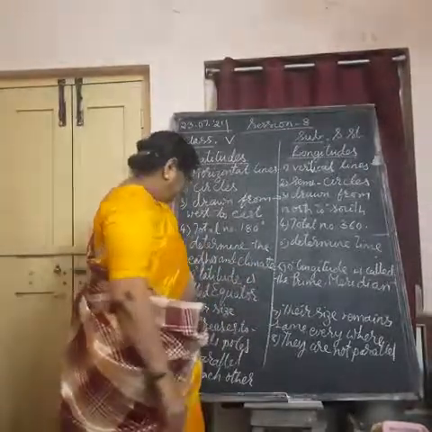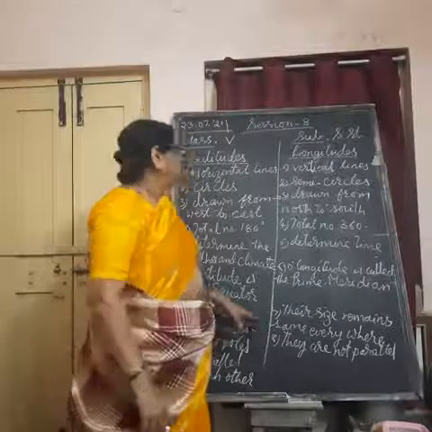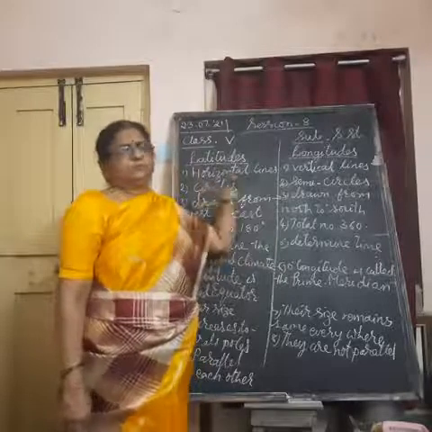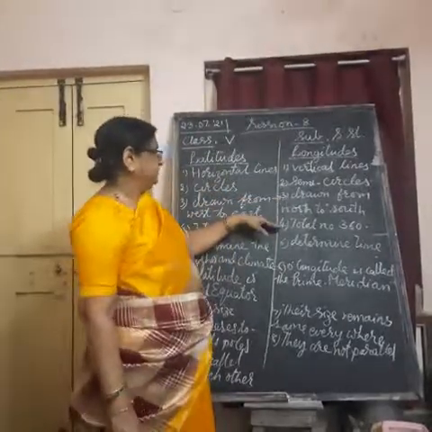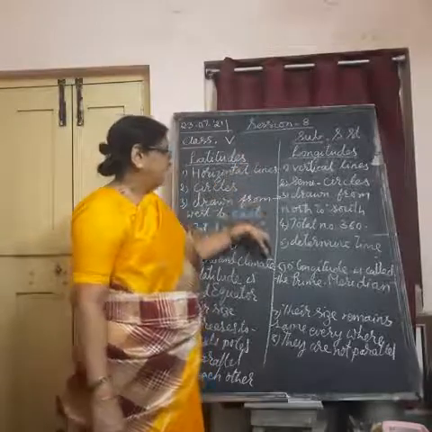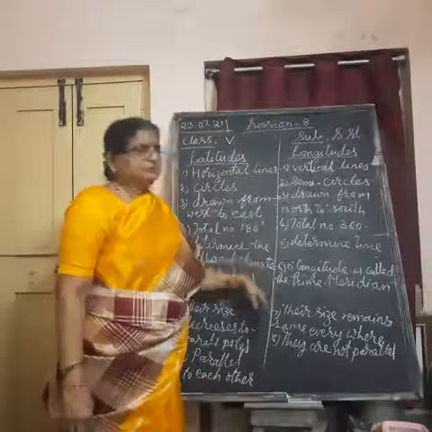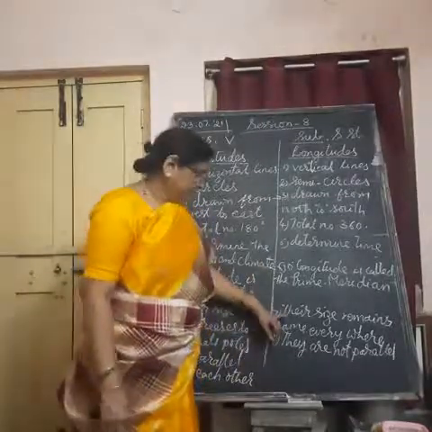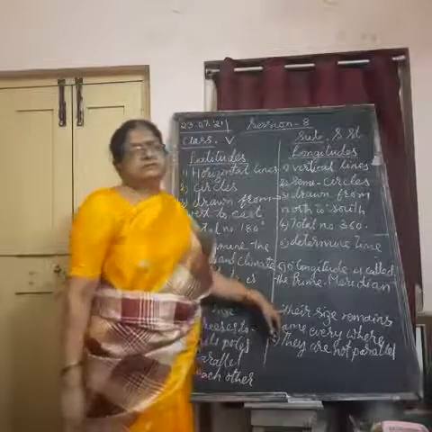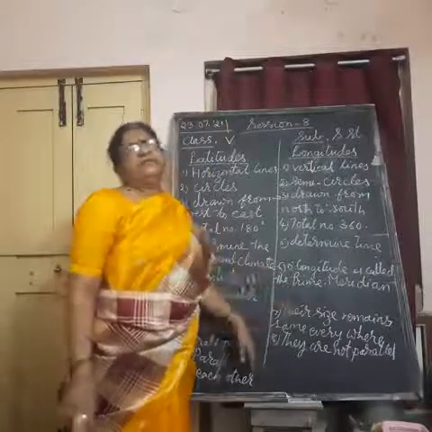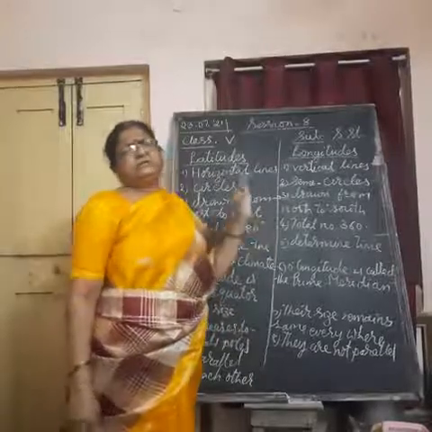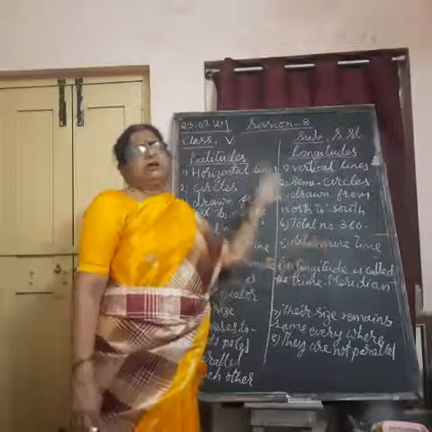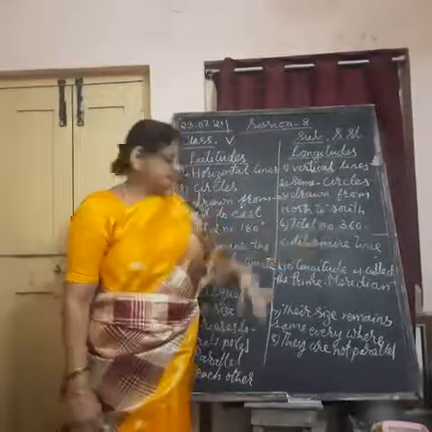Their size decreases towards the poles. So the latitude's size becomes smaller and smaller as we move from 0 degree latitude, from the equator to the north pole, and as we move from the equator to the south pole. Understand? Longitude's size will not change anywhere. All the 360 longitudes are of the same size.